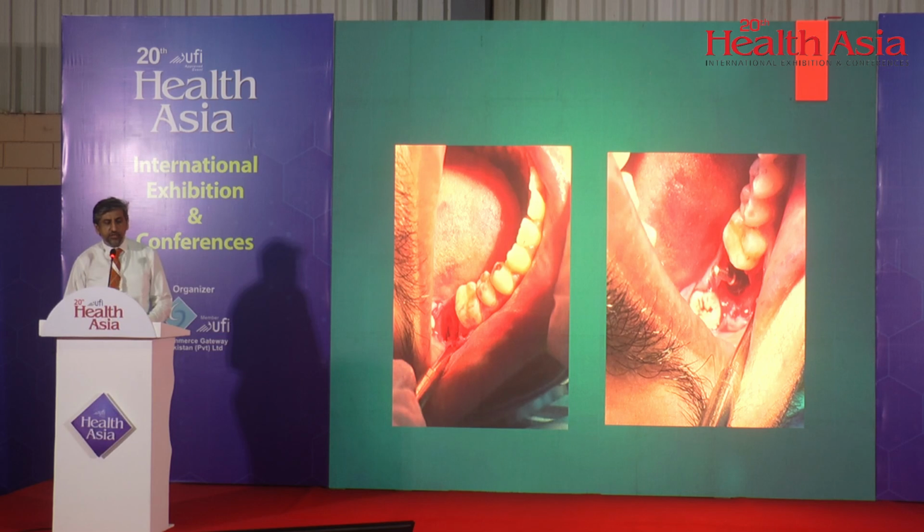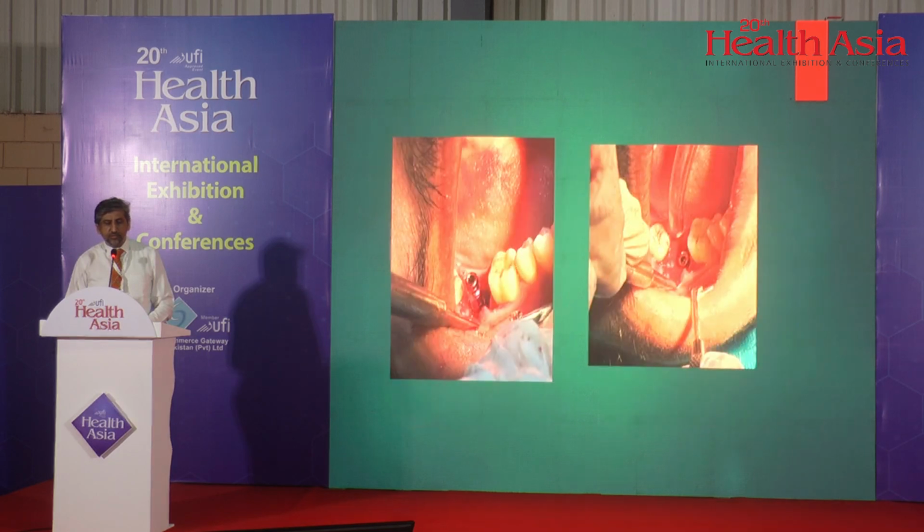So you can see here the tooth has been extracted and we decided to place it in the center. The parallel pin is being placed here. You can see the carrier and the implant being placed. One important thing in this step is that for socket implants, it should be submerged 2 mm. Once the socket heals, it is up to the bone level. If you place it at the bone level right at the start of the extraction, then when the socket heals, it goes down.